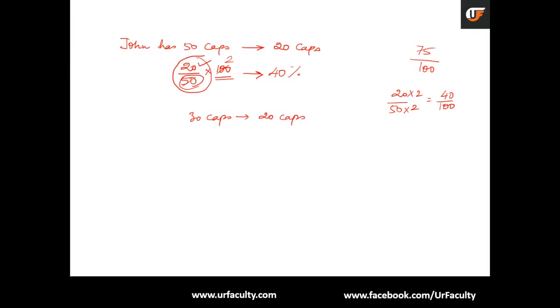If I have to calculate the percentage sales, how do you do it? Same step, 20 by 30 into 100. This makes the problem pretty simple, because you cancel this and this, and you get 2 by 3